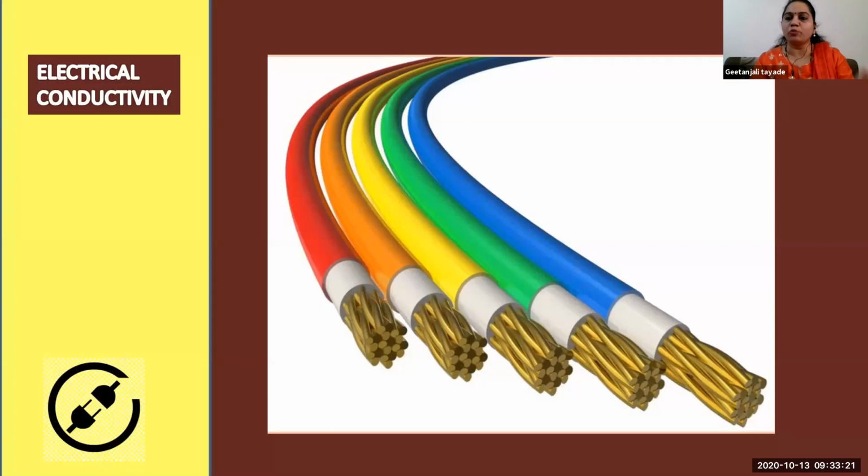Our switchboards, switch boxes are also made up of what? Plastic, because electricity is already running through that box, and we need to handle that board to switch on and switch off. If those boards were made up of a good conductor, then what would happen? We would get shocked. Yes or no? So to resist the electricity, the boards are made up of plastic. So plastic, rubber, glass are bad conductors. And all metals are good conductors. That means electricity can travel very easily through them. This is electrical conductivity.